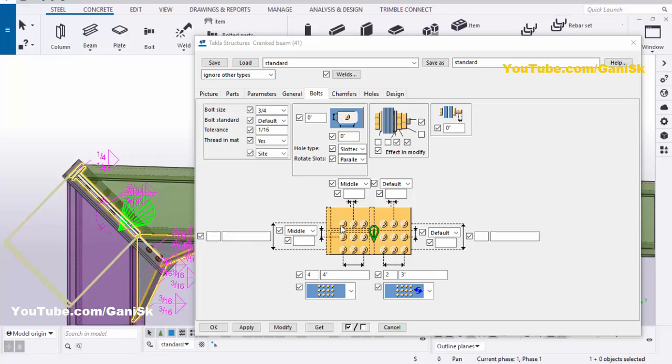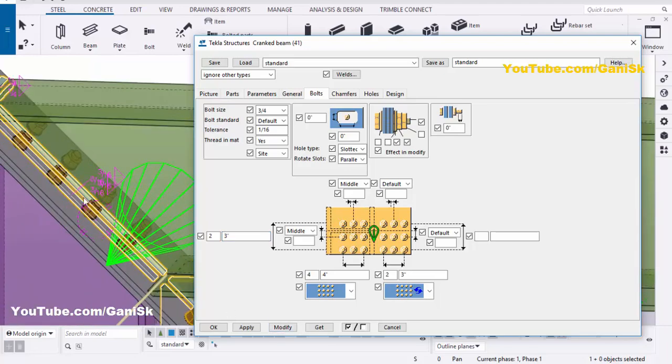To adjust the number of bolts in the widthwise, you need to take, let's take 2 bolts, and the spacing we're going to take 3. Then click on modify. You can see now the spacing between the 2 bolts in the widthwise should be 3 inches. But as per our requirement, we need to take 4 inch. Then click on modify. You can see now the distance between the 2 bolts in the widthwise direction should be